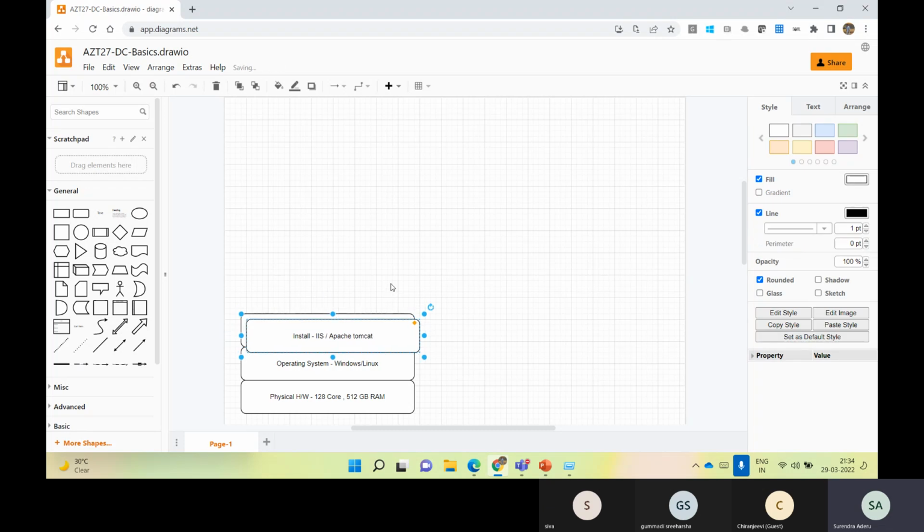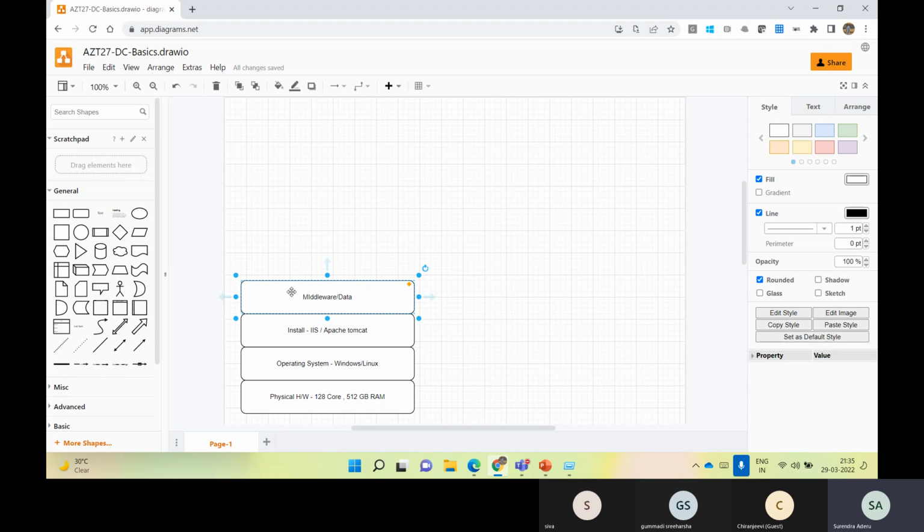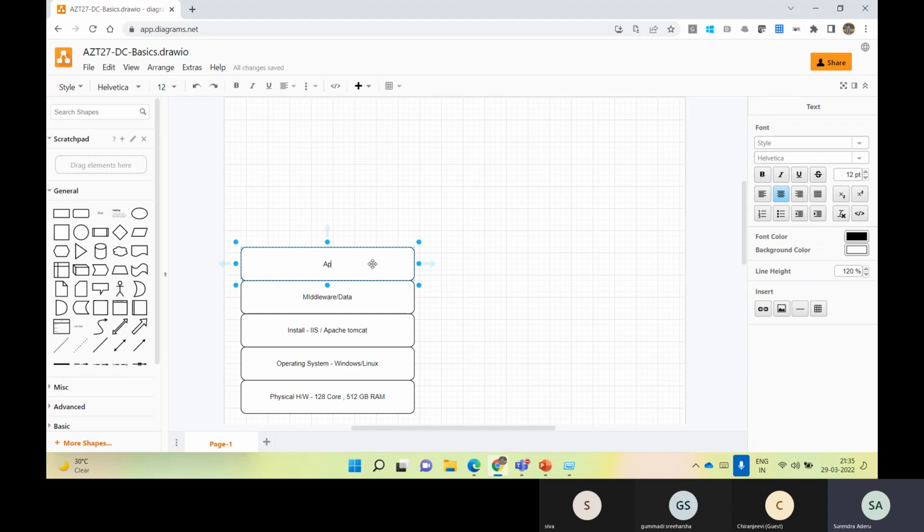On top of it again, what will you typically have? You will have some kind of middleware, if your application requires it, like JBoss, web servers and other stuff. So the middleware sometimes comes into the picture, or you bring your own code to deploy and run on top of IIS or Apache Tomcat. On top of it, after the middleware, your application will typically run,